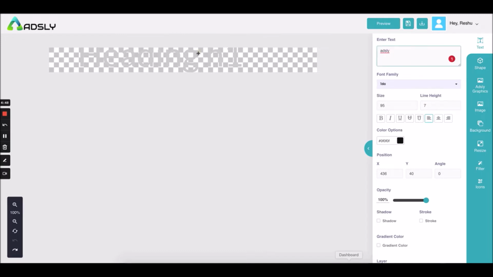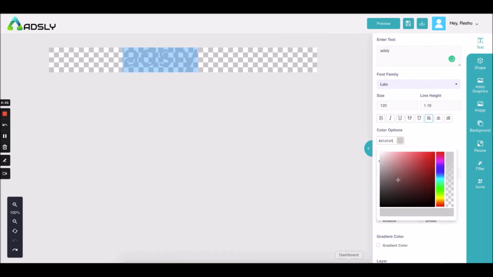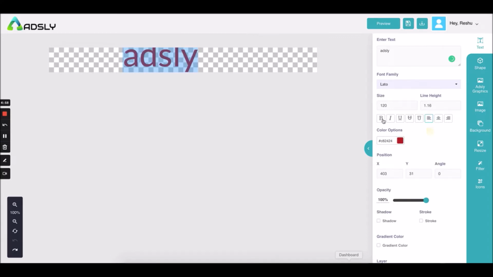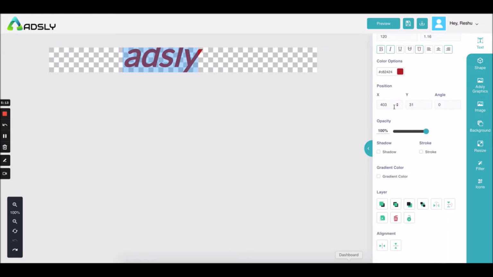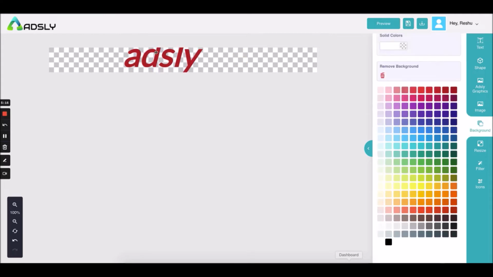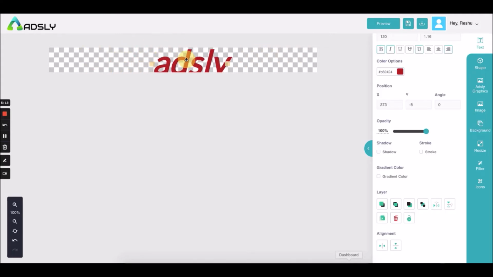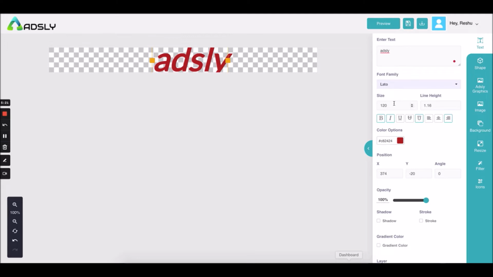Okay, I have definitely done something over here, but I'll write it again. This will help you to bold the text. These are all the basic text settings: italic, underline, okay, center aligned, side aligned. Here you can position according to the angle, but you can also do that by clicking on it and dragging it with your mouse. Let me reduce the size of it so that